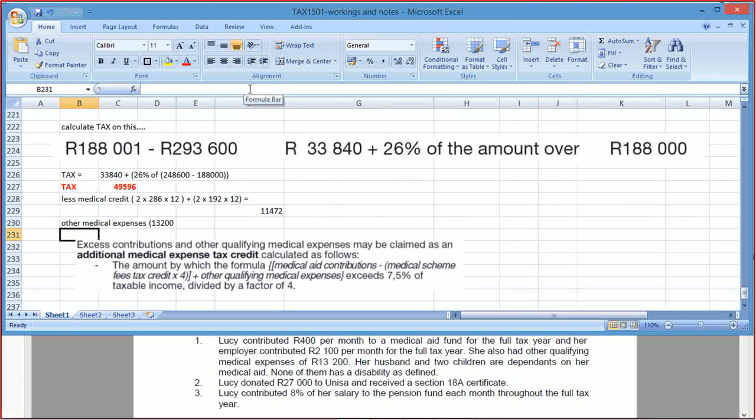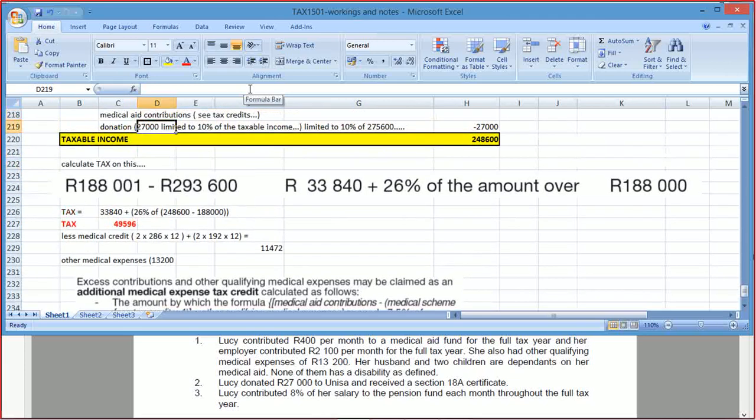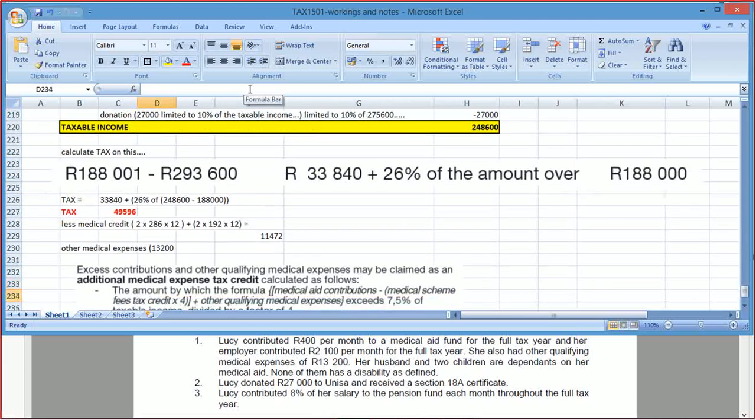Okay, and that needs to be medical aid contributions minus 4 times the medical scheme's fees tax credit plus other qualifying expenses exceeding 7.5% of taxable income. Okay, so I need my taxable income amount here. Where was it? We had it earlier. There it is. Okay, so other medical expenses, deductible, but limited